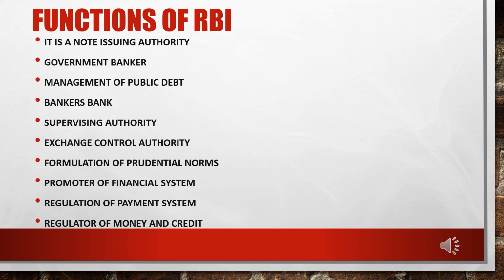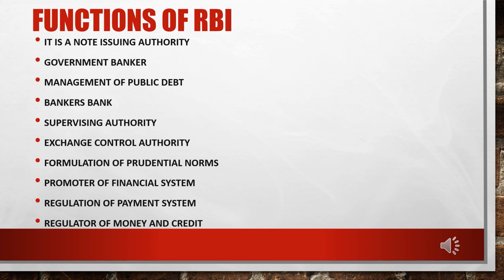Because through the commercial banks, it tries to control the money supply. We will discuss more about this when we talk about the policy instruments that RBI uses as a means of controlling the money supply and keeping prices stable. So that will come later. But here, what we are trying to say is that RBI controls commercial banks like State Bank of India, Punjab National Bank, Syndicate Bank, all kinds of banks, through different mechanisms and different instruments.